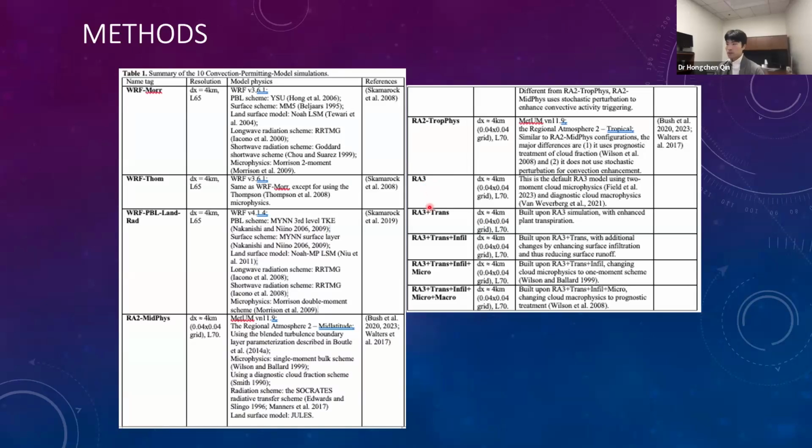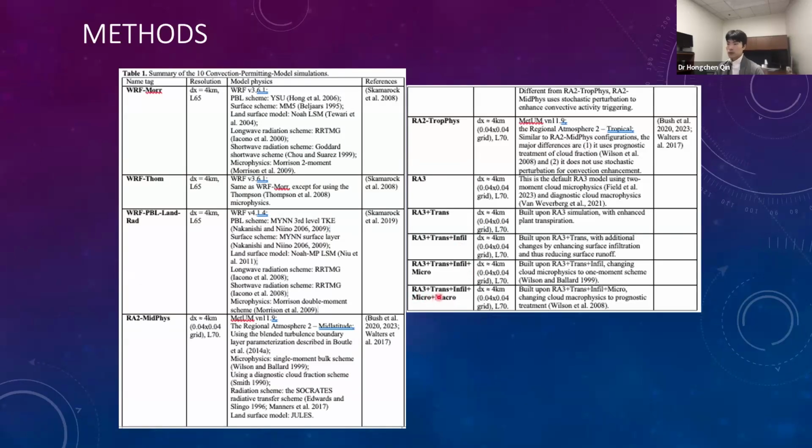The RE3 plus trans means that, based on the default RE3 simulation, there is additional enhancement of plant transpiration. The RE3 plus trans plus infill is based on the RE3 plus trans, but with additional enhancement in surface infiltration. The RE3 plus trans plus infill plus micro is based on the RE3 plus trans plus infill, but cloud microphysics is changed to a one-moment scheme.